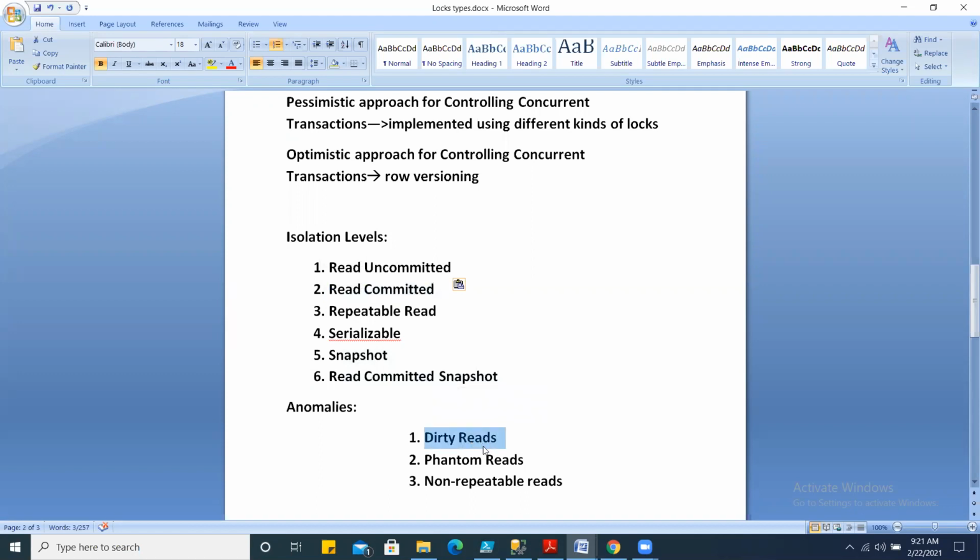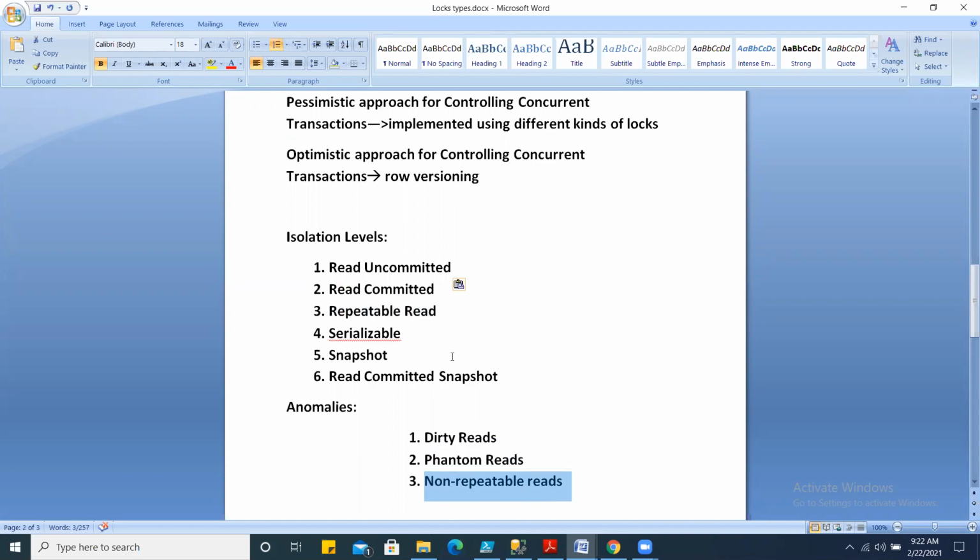If you run your transaction under the repeatable read isolation level, the non-repeatable reads anomaly will be eliminated. What is the non-repeatable reads anomaly, and what are dirty reads and phantom reads anomalies? I already have discussed that.